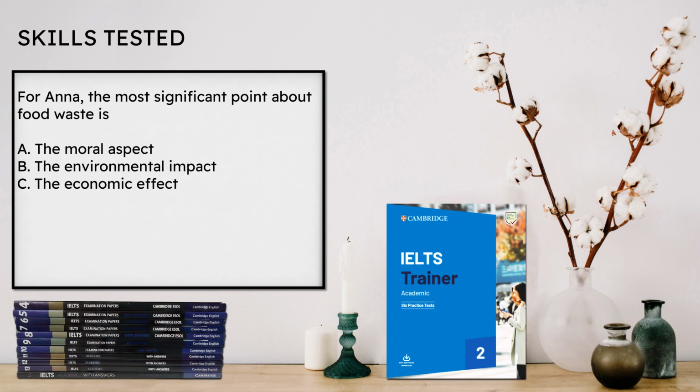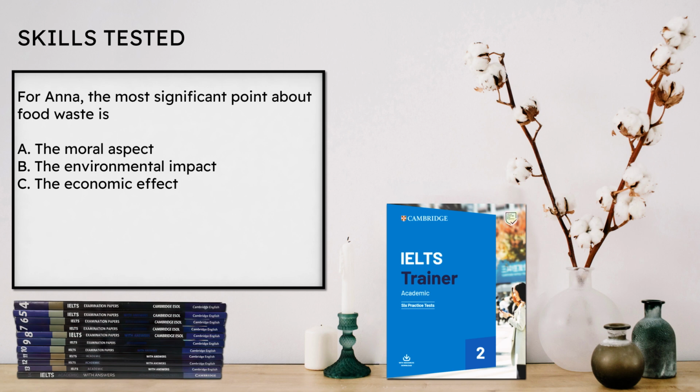With a multiple choice question, you are more likely to hear the words in the question than the words in the three possible answers. So don't just look at the words in the answers and wait to hear those words, thinking that's how you'll get the answer. You might not ever hear any of those words. Additionally, in this case, if the answer is B, the environmental impact, you will probably not hear that phrase. You will hear something which has the same meaning, but which uses different words, such as the effect on the